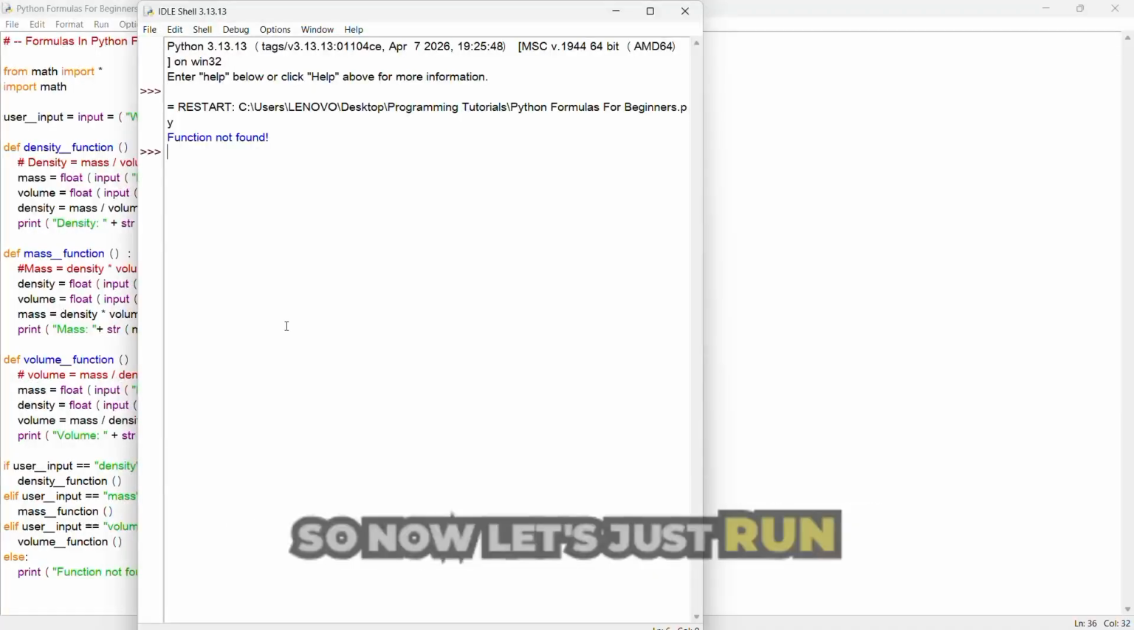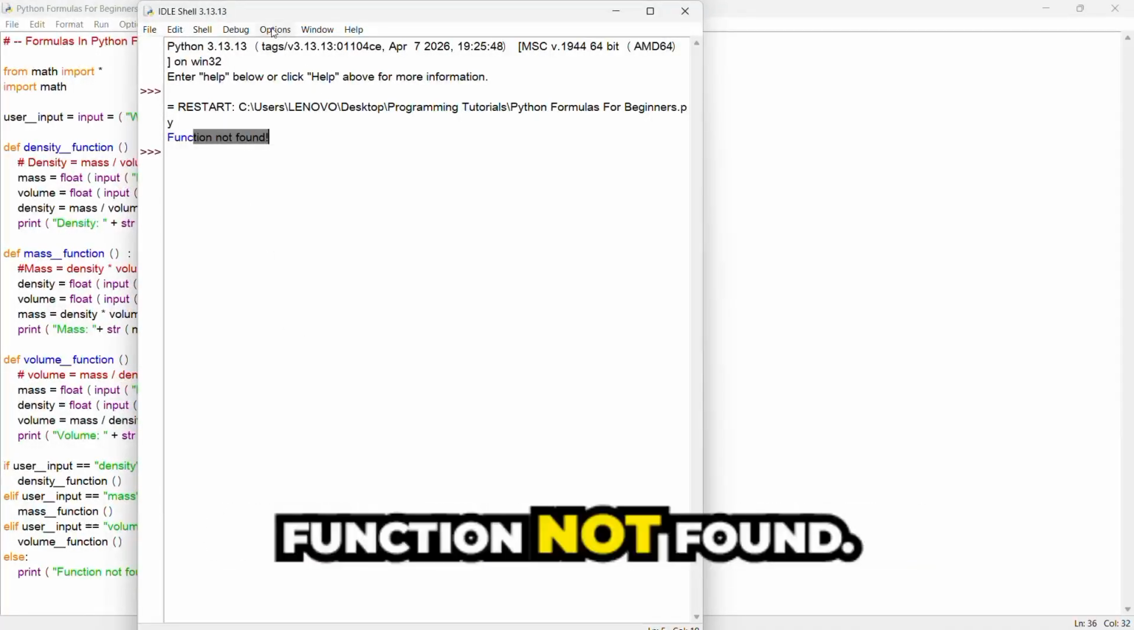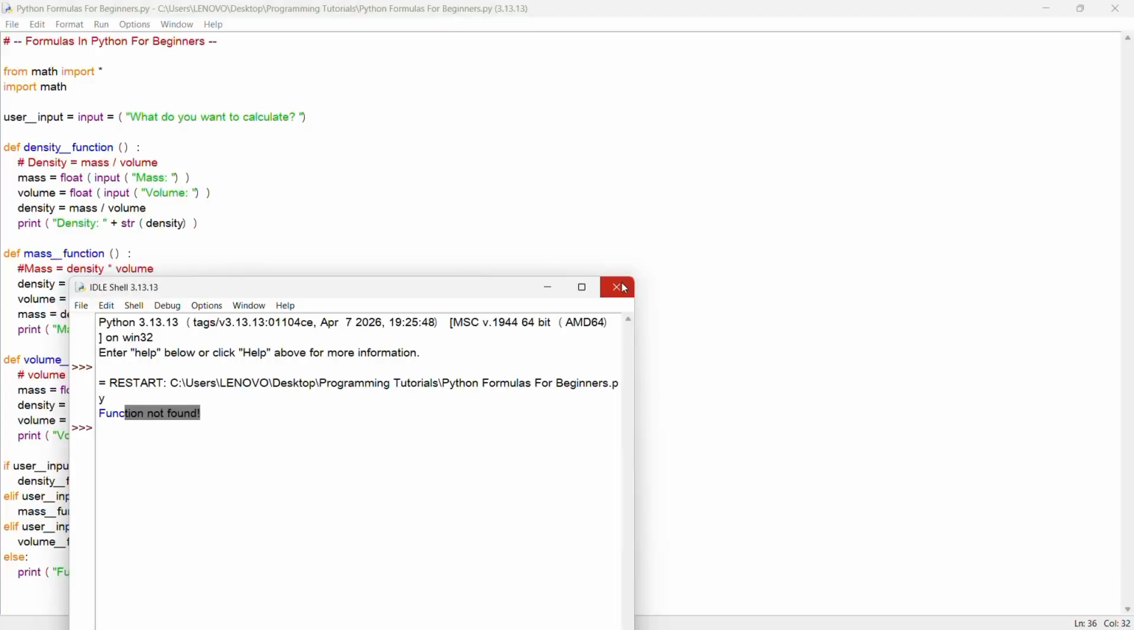So now let's just run our code, and we can see function not found. Why is that? Ideally, this is